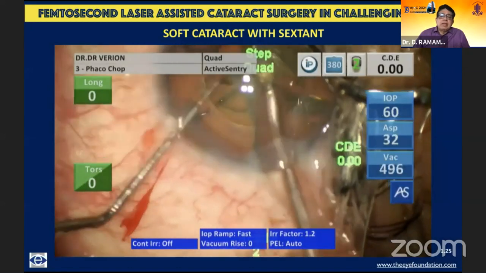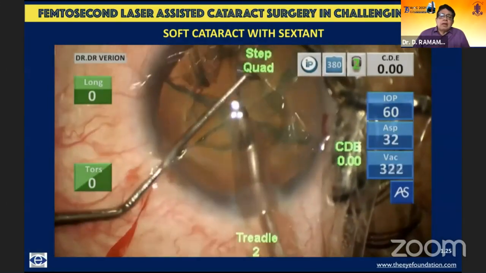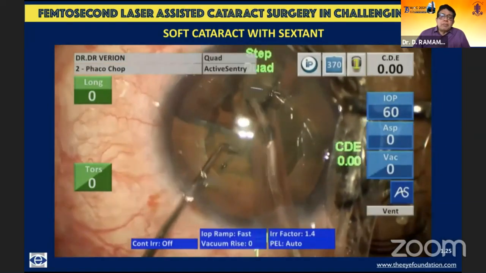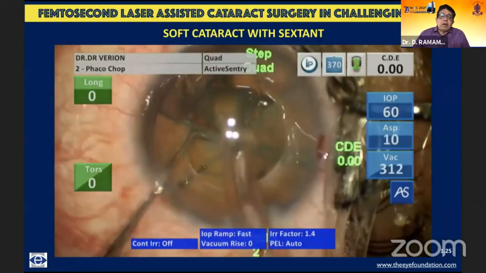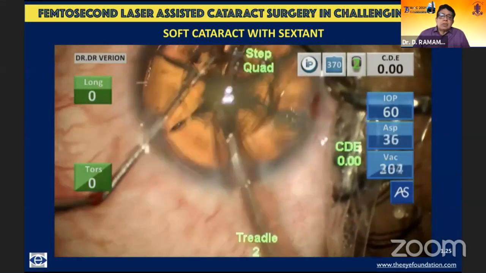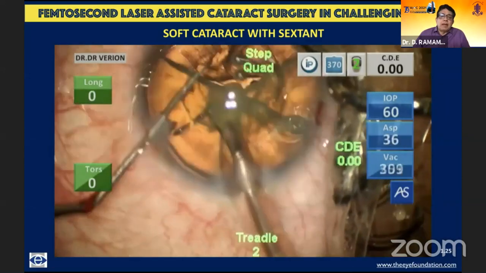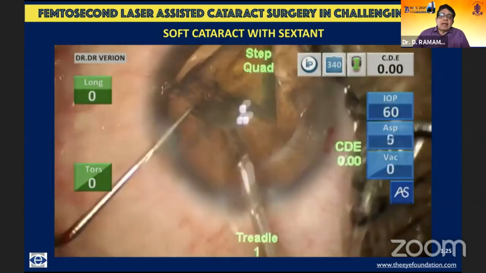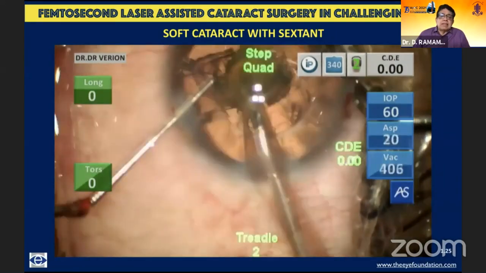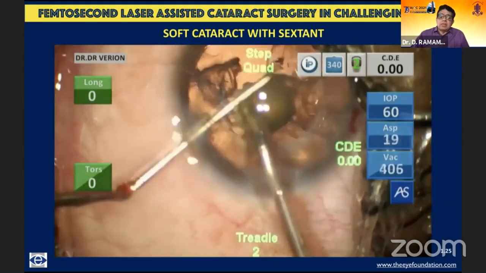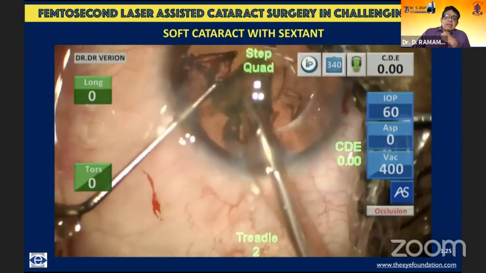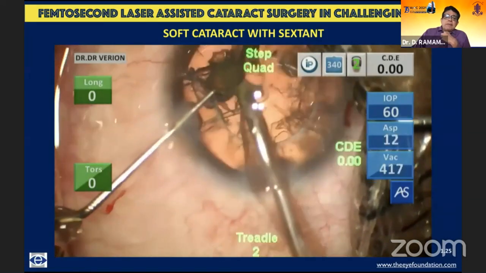And subsequently, there's no chopping, there is no lateral separation, nothing. All I do is to gently tease away the fragments that have already been created by the laser, but further delineated by the hydrodissection, so as to do this in a very controlled manner. So the so-called soft cataract can be dealt with either in a sextant pattern, or if it's an absolutely pure clear lens, what I showed you in the earlier case, you could just use a honeycomb pattern of about 500 microns each, and subsequently just simply aspirate the entire cataract out.